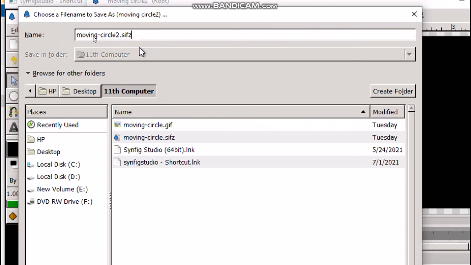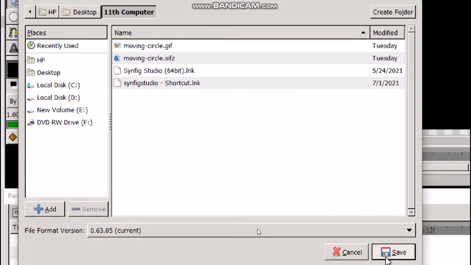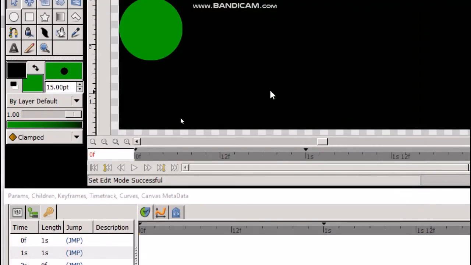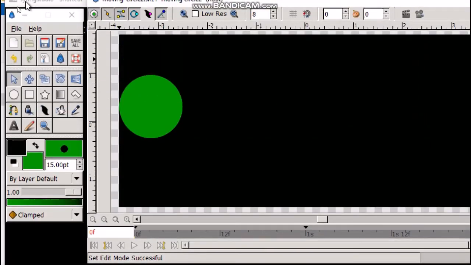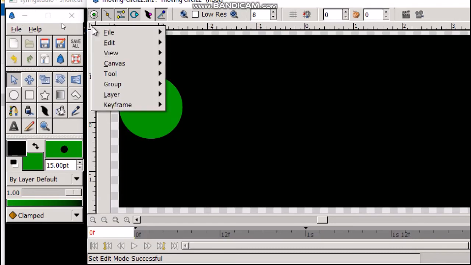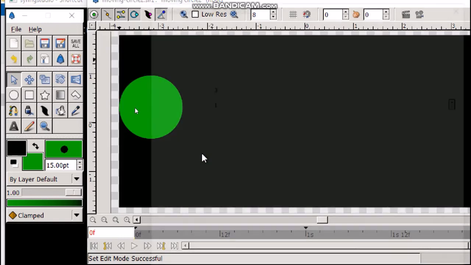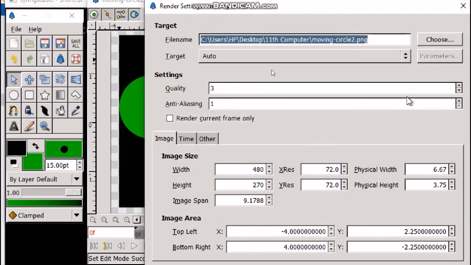Then click on save button. Now click on caret again, then file and render. Change the file name to moving circle 2.gif.